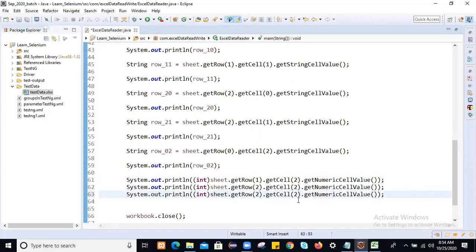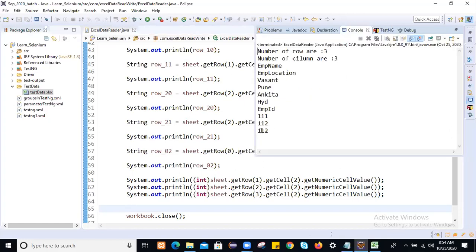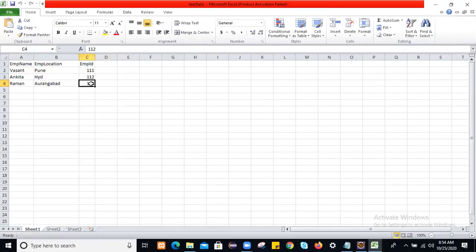You see, what is the row? Row is the third row. What is the column? Column will be fixed. Just display that data. That data also you can retrieve from that file. You see, that is 112 only. Might be I didn't change. This should be other data, 113, not a duplicate one.